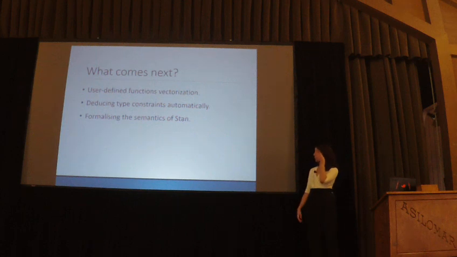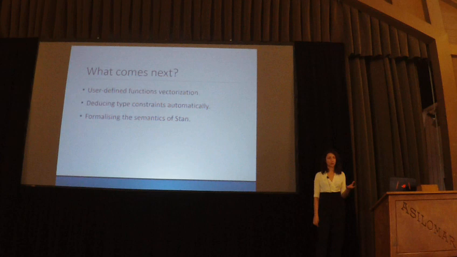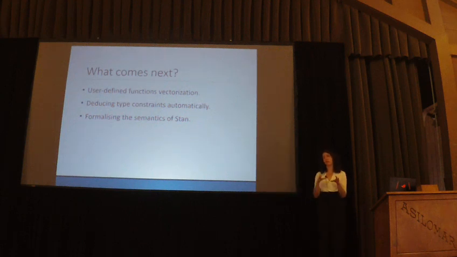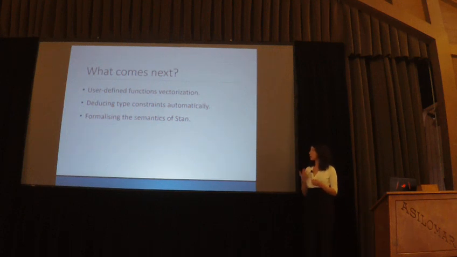And a couple of words about what our plans for future work are. Firstly, currently, user-defined functions can't be vectorized. So what I mean by that, you know how Stan really supports what in Python is called broadcasting. So we can have a function that normally works on scalars and put a vector in it instead. So with user-defined functions in SlickStan, that's not possible, but if it were possible, that would increase usability even more.